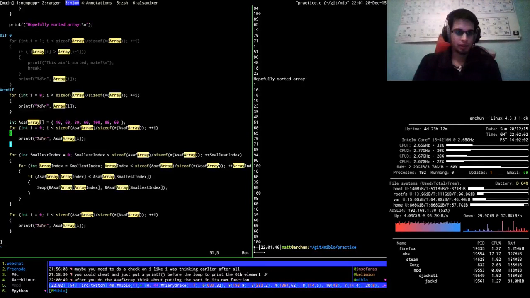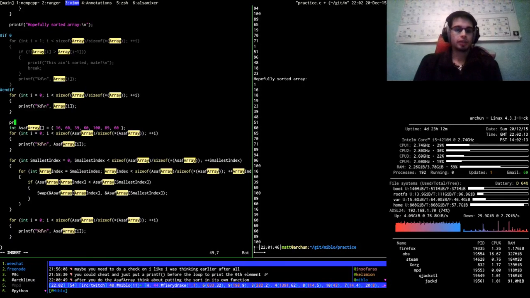Before we print this out, we'll just say a suf array. Oh no, we don't want all. Oh yeah, that's the problem, wasn't it? It's just printing on every line. So a suf array is equal to that stuff.